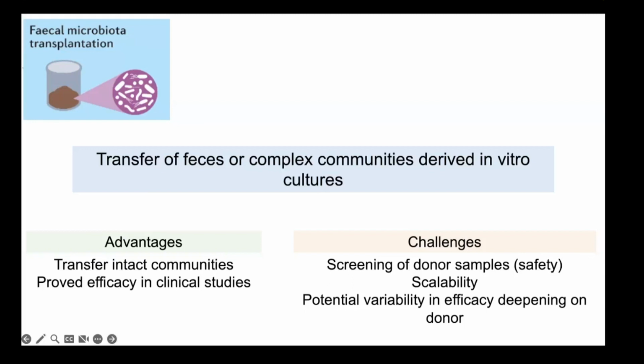Open Biome have since downscaled tremendously, and this has caused a lot of issues for centers that were using Open Biome products. They've now had to maybe start manufacturing their own FMT doses, which can be quite challenging. And of course, there can be potential variability, as we talked about, in the efficacy, depending on who the donor is. This is still not well understood, and so I think this is still a remaining challenge.